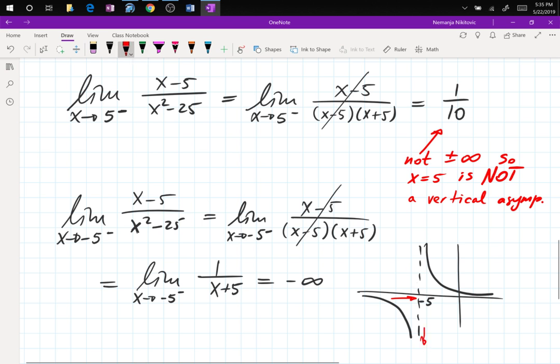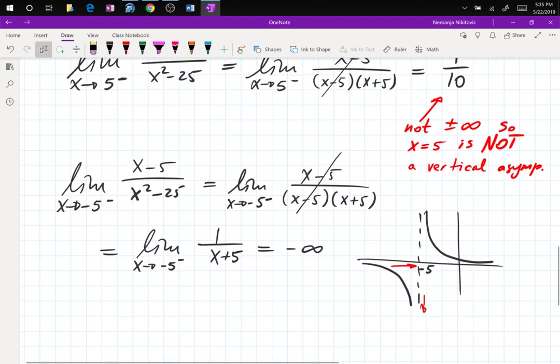As your x value approaches -5, the y value, which is the value of the limit, shoots down to negative infinity. You see the way the line goes. It goes down forever. So in this case, yay! We do have a vertical asymptote, right? The definition requires of us to get one of the infinities. We got a negative infinity, therefore, yay! x equals -5 is a vertical